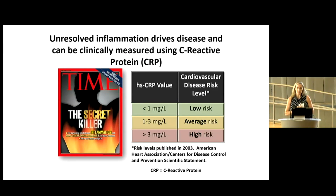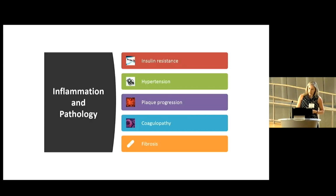This is where we get increases in risk of cardiovascular disease and many of these sort of pathological changes that accumulate with biological aging. And we can measure this with this marker C-reactive protein. It serves as a really nice way to get at the systemic levels of inflammation throughout the entire body. And it's not just the inflammation, but it's how it drives all these different pathological processes that we care about that have implications, again, for cognitive decline, cardiovascular disease, cancer, all these very expensive, incurable conditions of